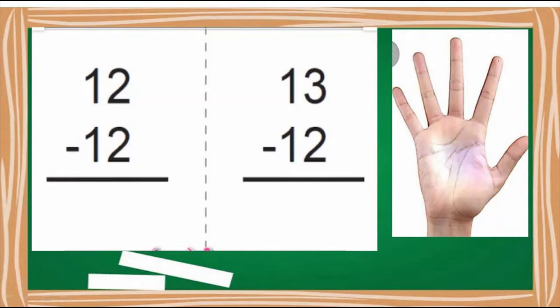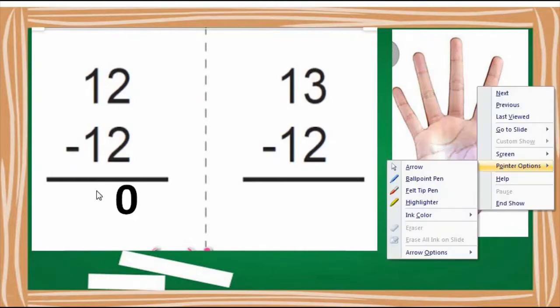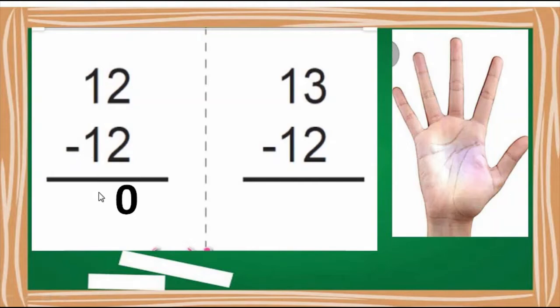First of all, count your 2 fingertips, 1 and 2. As our sum is 2 minus 2, cross out 2, 1 and 2. How many fingertips are remaining there? No one. So, we can say that 2 minus 2 is equal to 0. Now, move on to the tens column. As we have completed the ones column, move on to the tens column. 1 minus 1. So, you can easily say that 1 minus 1 is equal to 0.